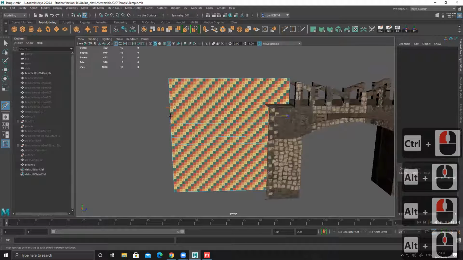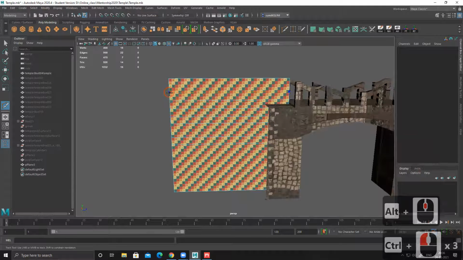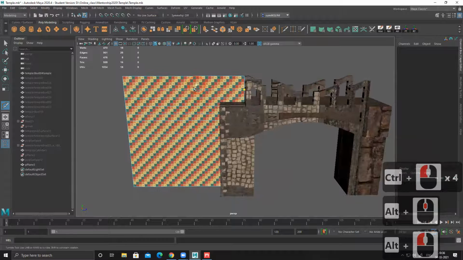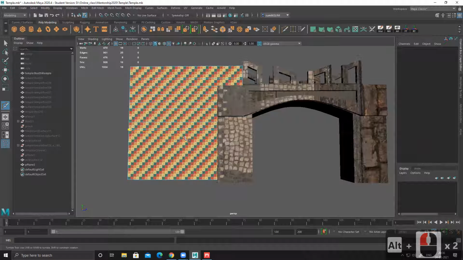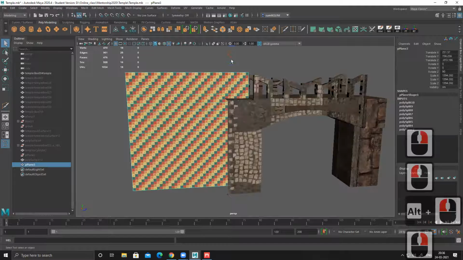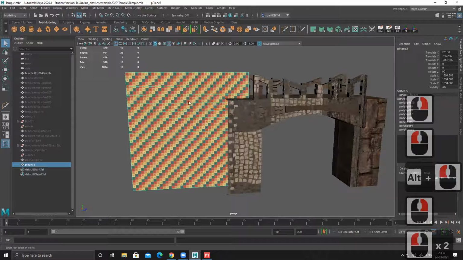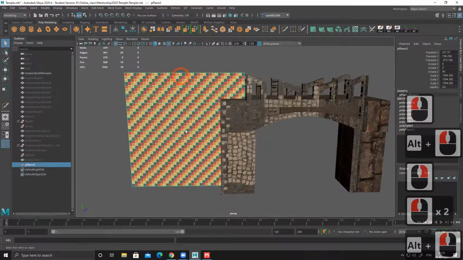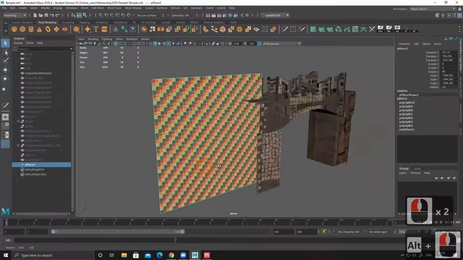So I can keep one, two, three, four, and now I am left with this one, which I can use down here as some other design. It's just planning, that's it. So I planned this, and now I need to create our ID map for this.